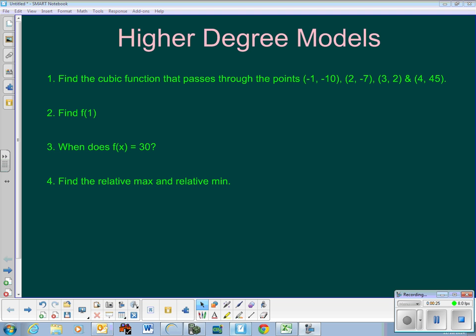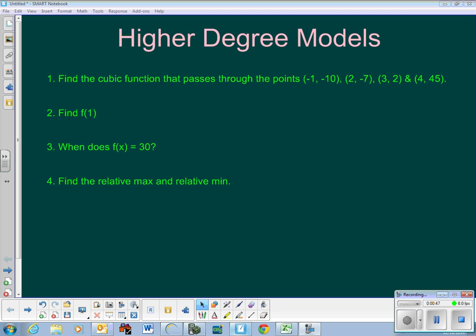Straight line, there's a lot of those, exponential even. With higher degree, there's not so many. There's only a few good examples in our textbook, so I'm just going to give you one that doesn't have any context just so you can learn the skills, and then when we practice, it'll be more of a word problem. So you should have learned that 2 points determine a line,